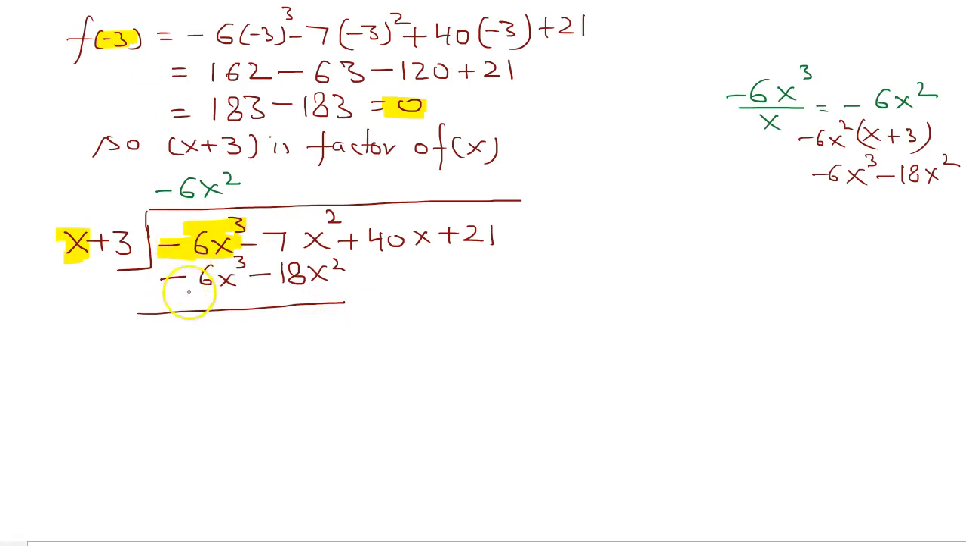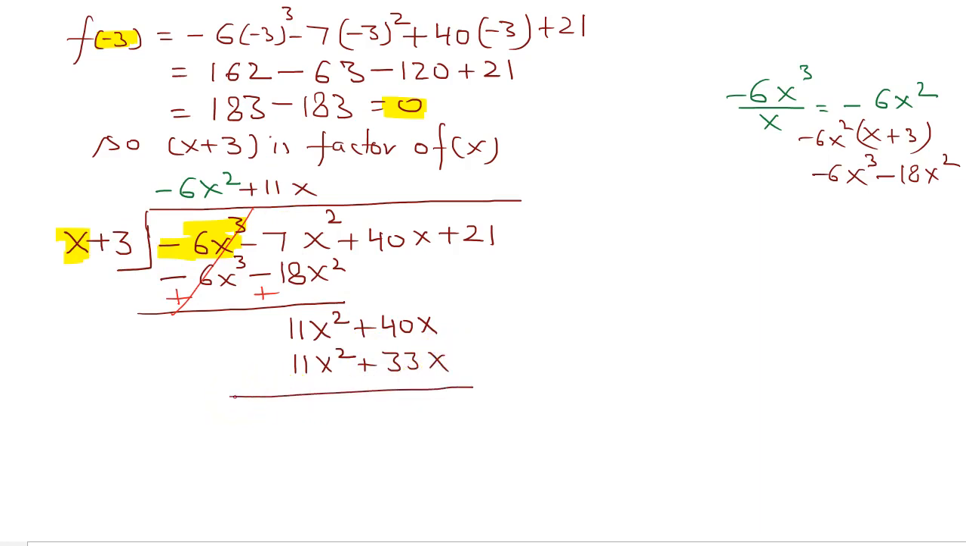Now signs are the same, so we change the sign. This will cancel, and what we are going to have here is plus 11x squared plus 40x. By the same method, 11x squared divided by x will be 11x. So plus 11x. 11x times x is 11x squared and 3 times 11 is 33x. Signs are the same, so we change the sign. 11x squared minus 11x squared is 0. 40 minus 33 will be